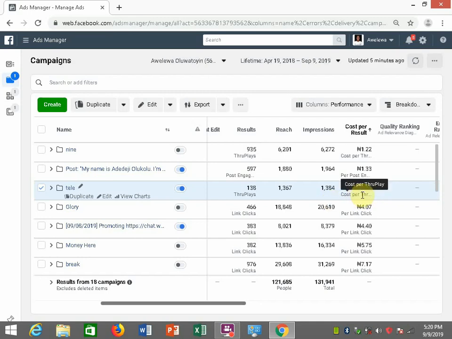Yes, you can get as low as that if you know what you are doing, if your product is a good product. Also, no matter how good your ad is, if your product is bad, if what your product does not resonate with your target audience, your target customers, nobody will click your ad, nobody will watch your video. So your product is also very important.